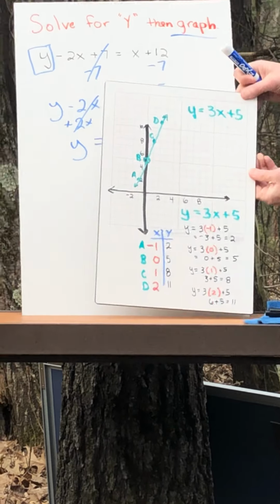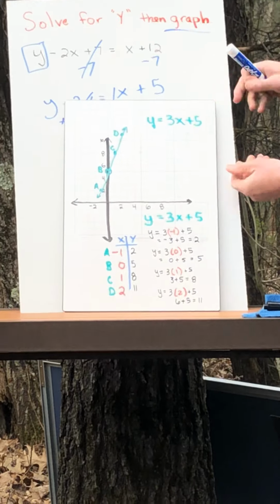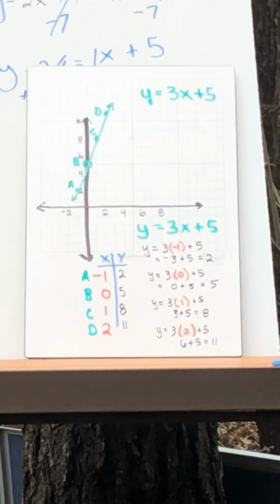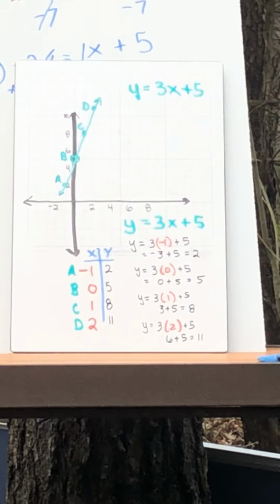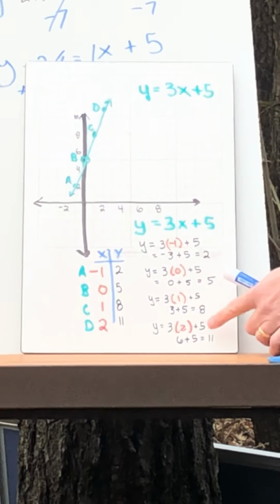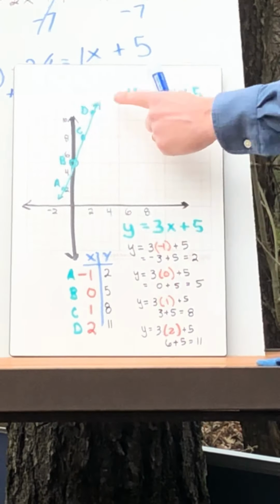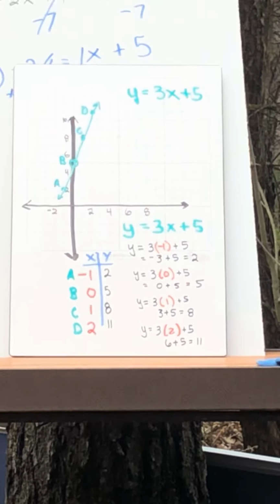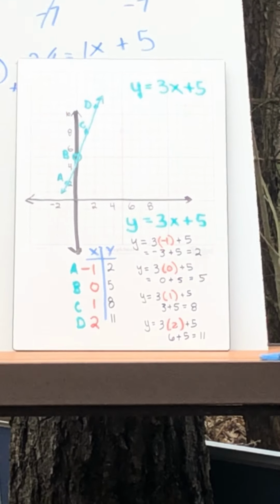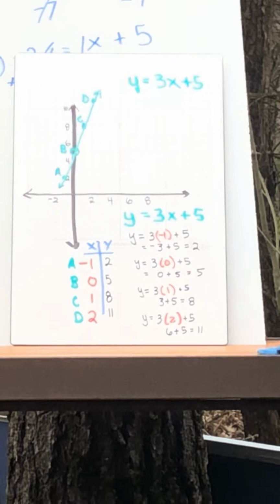So I cheated and did that ahead of time. So y equals 3x plus 5. Use your numbers, negative 1, 0, 1, and 2. Substitute them in and graph the line. And there's the line. Now, my question for you guys, what we're going to want to discover,